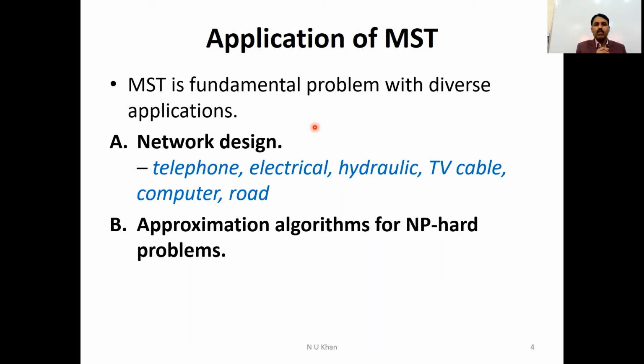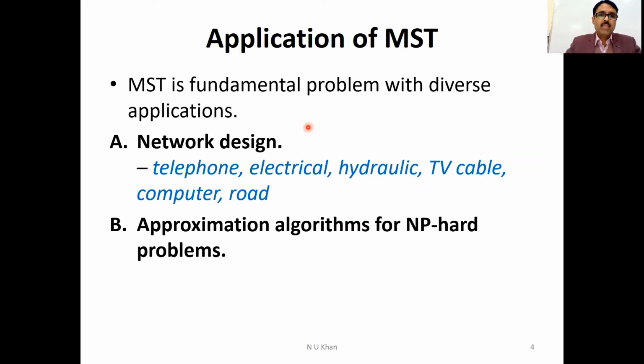to each other. Phone companies charge different amounts of money to connect different pairs of cities, and you want a set of lines that connect all offices with minimum total cost. So it should be a minimum spanning tree. Remove some edges, some connections which are costly, and save money. So this is a very important application.